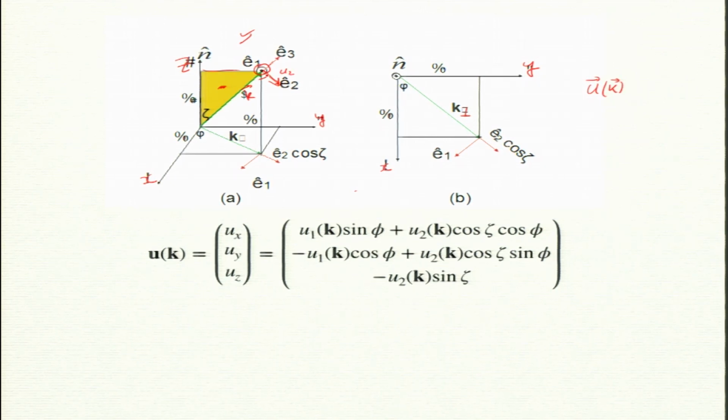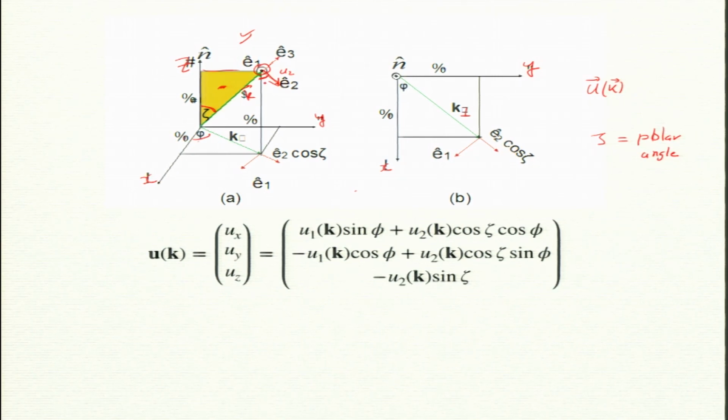So, what is this angle? This angle is zeta. Zeta is the polar angle for me. In this book we will always use zeta as the polar angle. I am reserving theta for temperature, okay. That is for convection, so that is why we are not using theta. So, zeta and phi. Phi is the azimuthal angle.